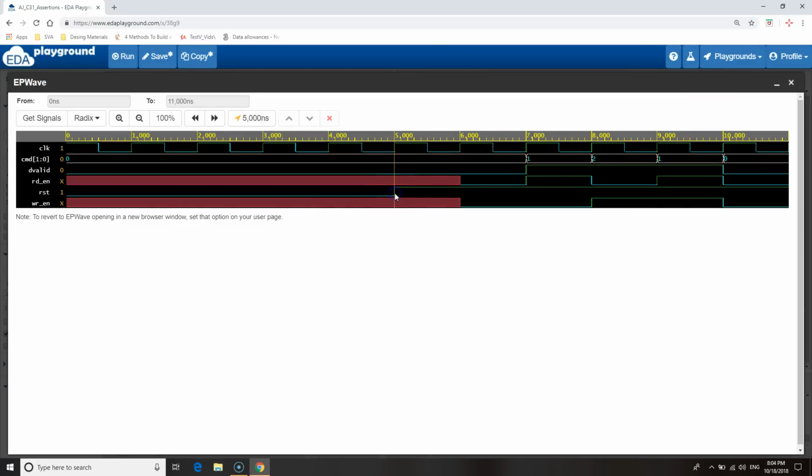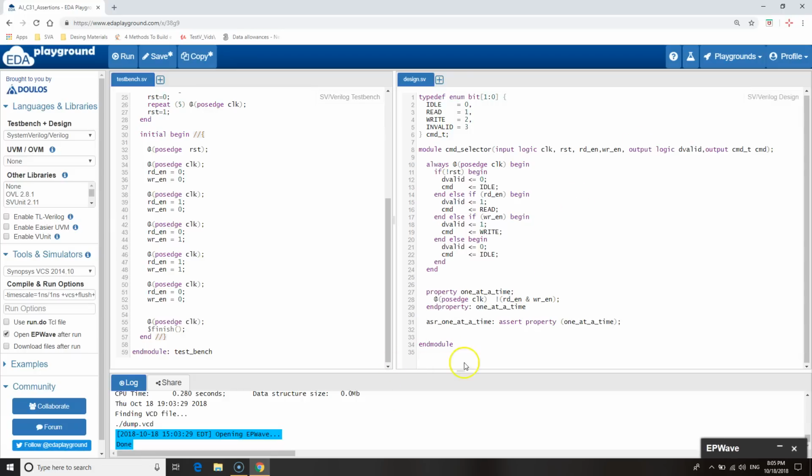So here is a waveform. This is a point where the reset is deasserted, and from here onwards you can see your read enable and write enable is getting changed accordingly as described in the test bench part. Now if you see the simulation log,